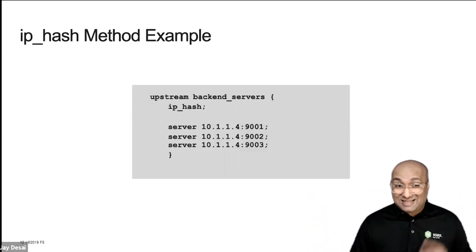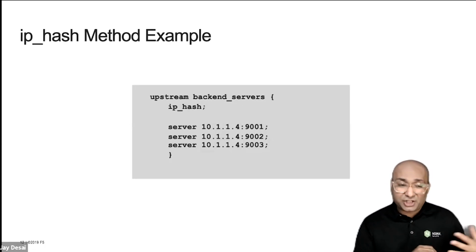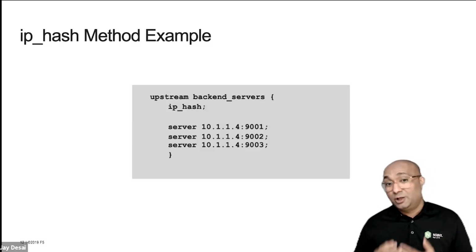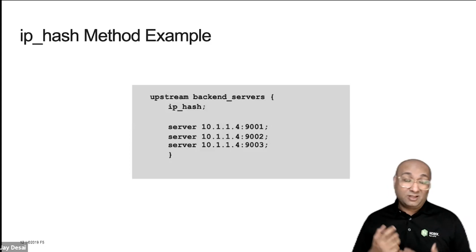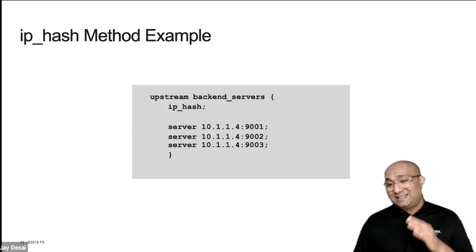What we have here in this example is the IP hash method, but in this case, it uses a very similar algorithm to the hash method we used previously, but the key is already determined to be the client IP address. Now, this can be either an IPv4 or IPv6 address. NGINX divides the whole IP address by the number of servers available. Although this guarantees that the request from the same client is sent to the same server,